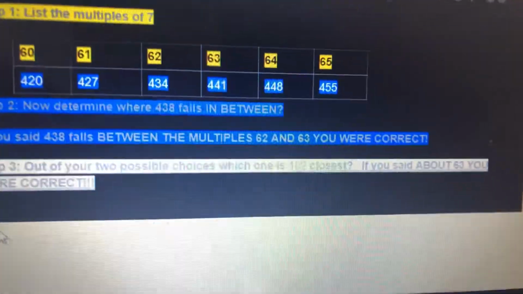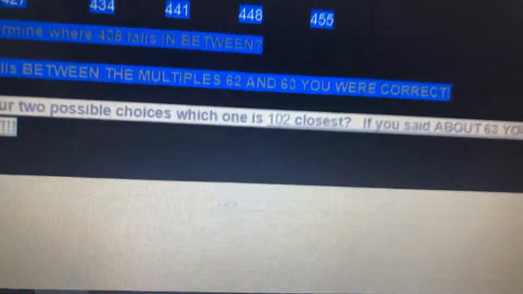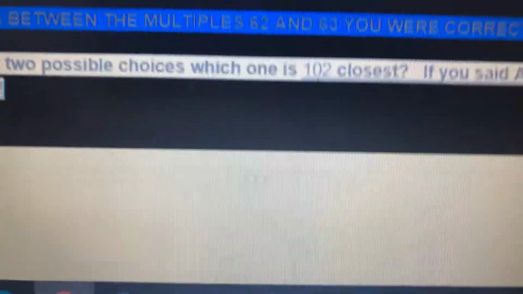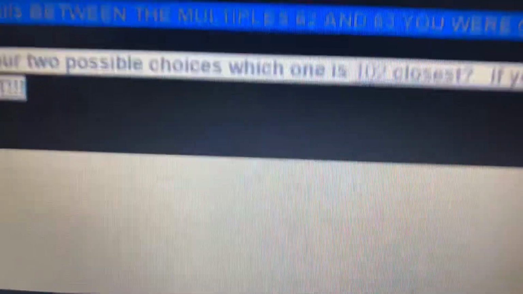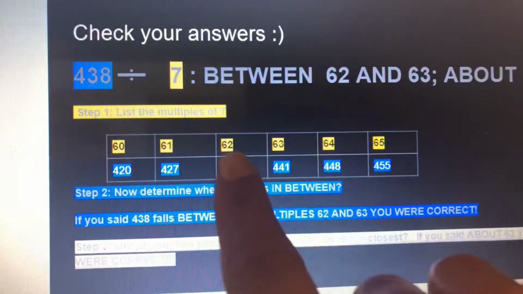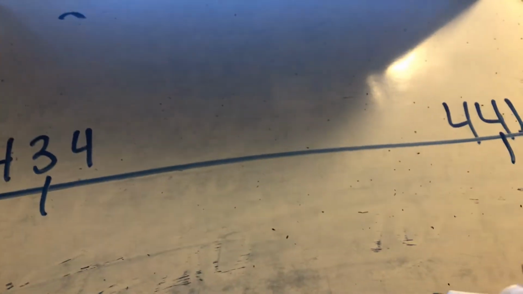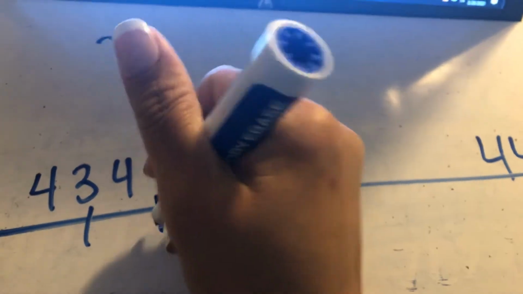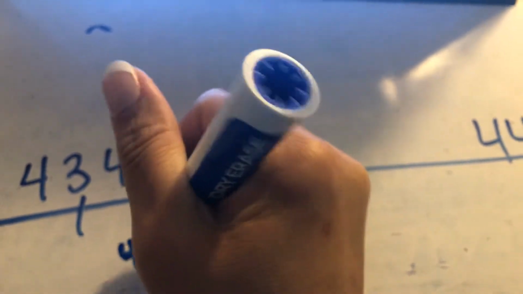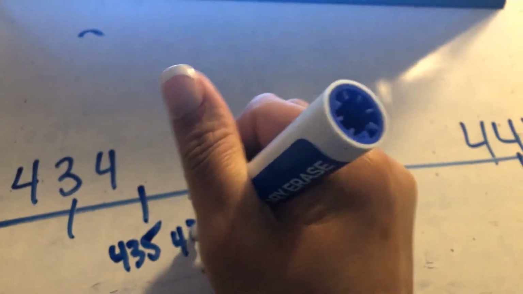Okay, and I think this was the one. So let's show you on the number line again, so you get used to doing this part too, and you can see how I do that. Remember, our two numbers that it falls in between, 62 and 63, are 434 and 441. So I'm going to write 434 and 441 way over here, right? So this is 434, this is 441. Now I'm going to go 435, 436,